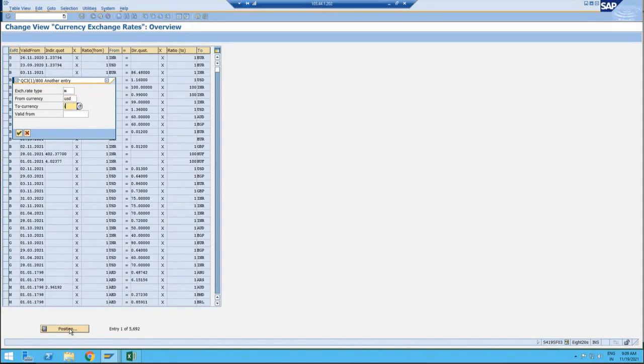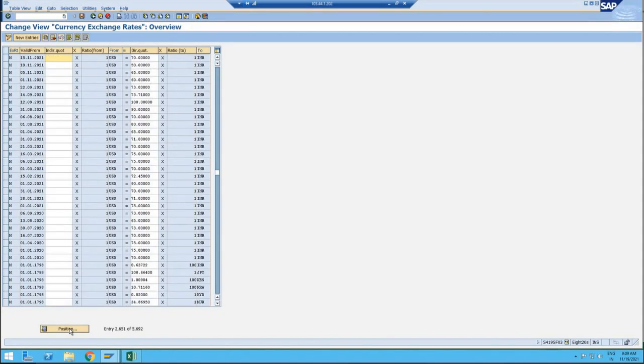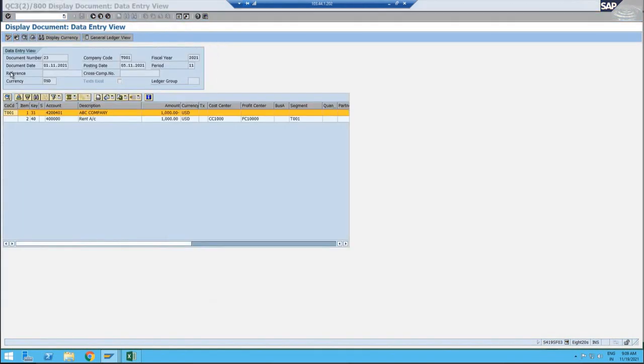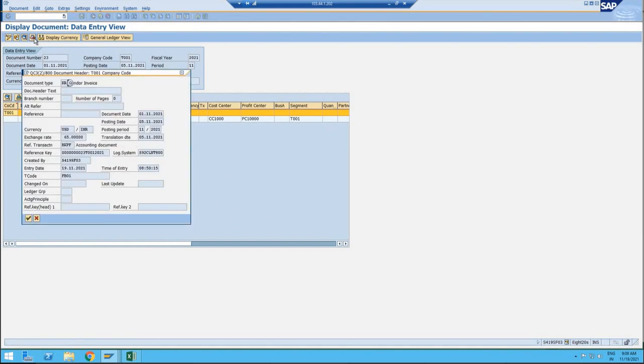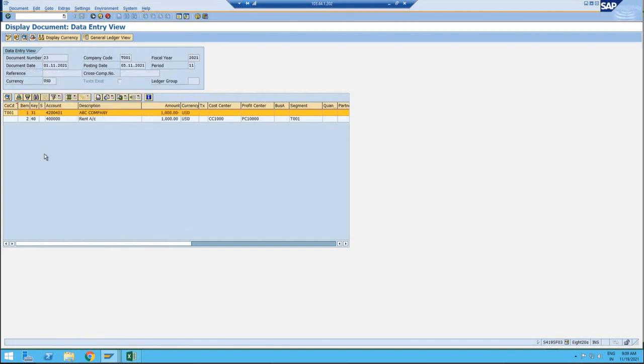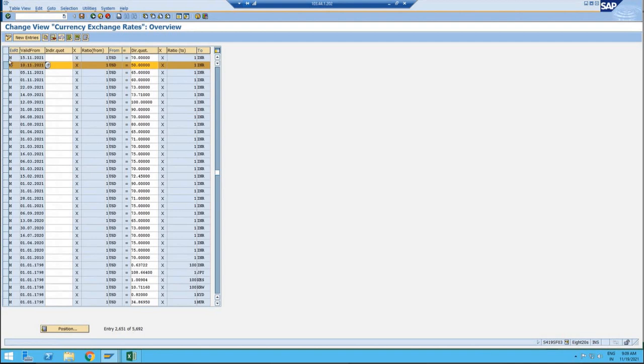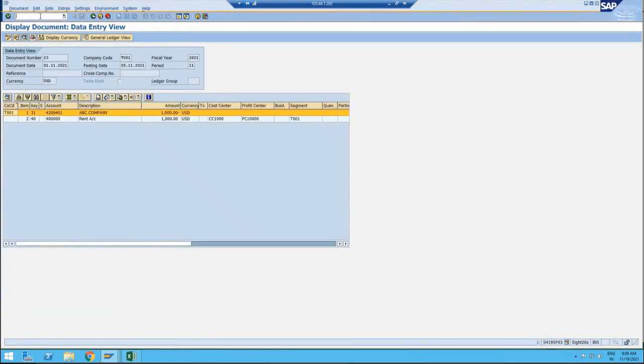USD to, I don't know. So we'll take the rate of the 10th, that is 65 we have taken here. We'll take this rate as 70. So we'll try to make a payment on the 15th. Same thing, I will go to F-53